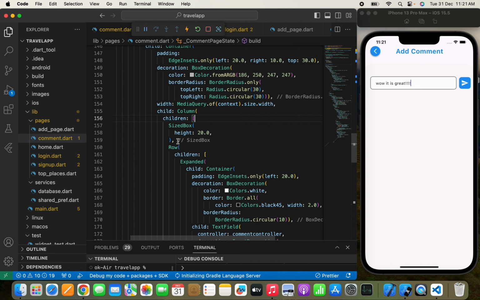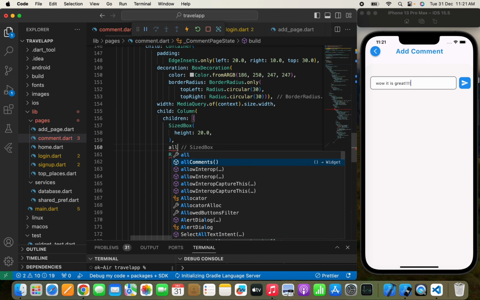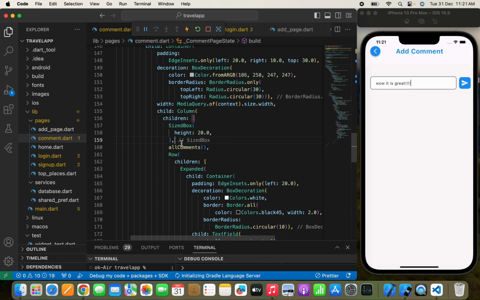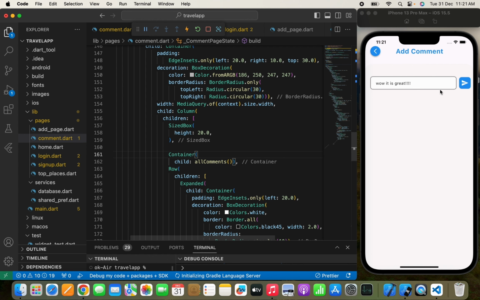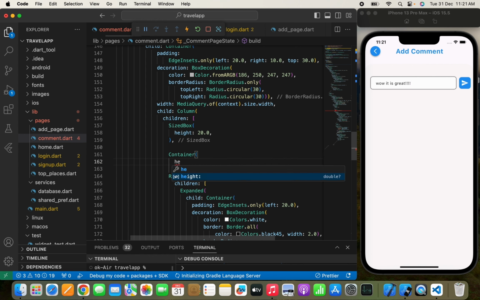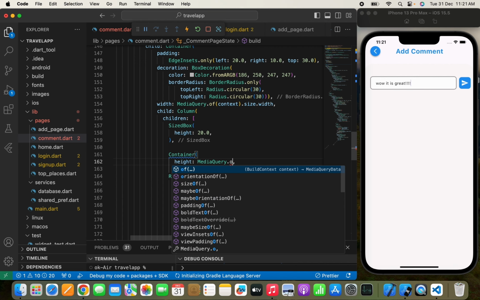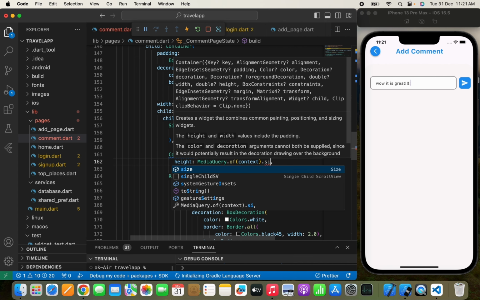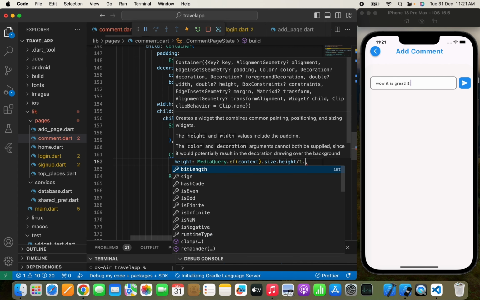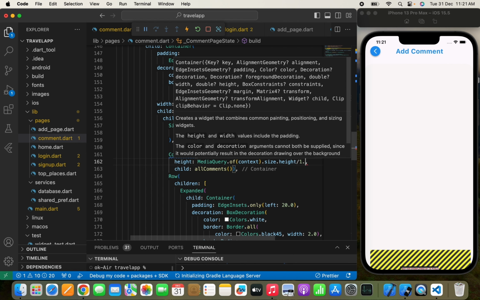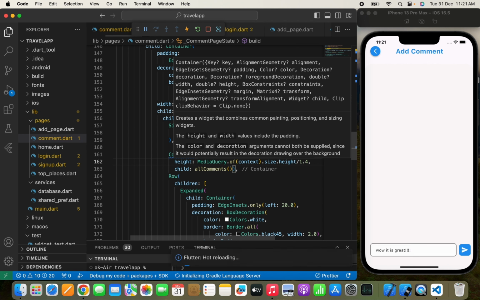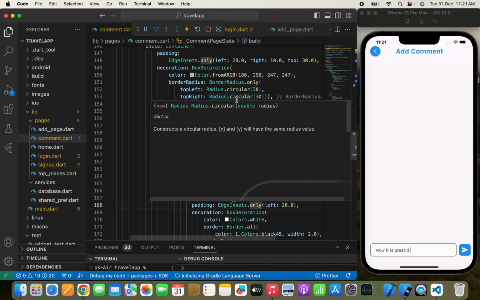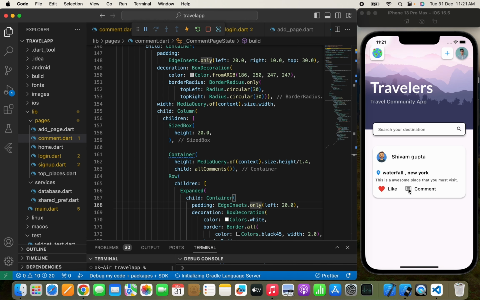which is over here, all comment, and I can simply wrap up with a container, and I can pass enough height so that I can move this text field over here. So I'll pass height MediaQuery.of(context).size.height divided by 1.2, no, 1.5. You can set it according to your need. Yeah, 1.4 is okay. Now here I'm simply hot restarting the app again, and we'll click this comment icon